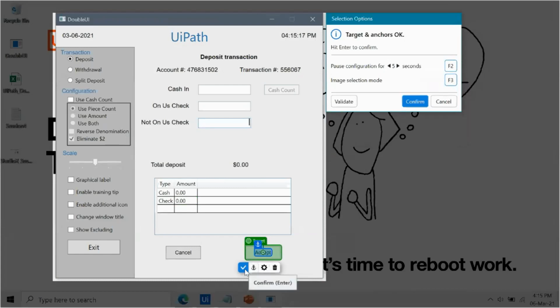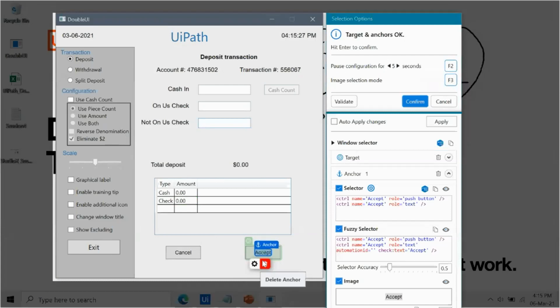Now here you can see there are two more options, settings and delete target. In case you have chosen a wrong target, you can delete it. If you want to customize the target properties more, you can choose the settings property. Here there are various technologies or methods that facilitate UI interaction, like selector, fuzzy selector, and image.